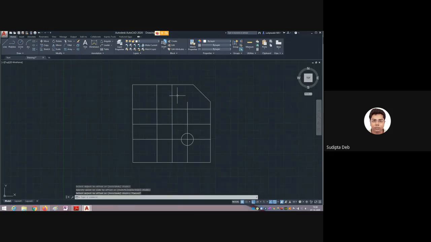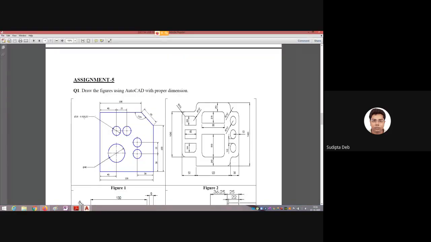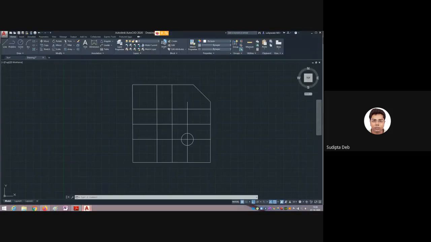Okay. The next command I am going to use is copy, because in the drawing you can see 4 holes with the same dimension. So I have drawn 1 hole, and I can copy that 1 hole and paste it to the others. So the command is copy. You can note down the next command also, COPY, copy. Write down the word. Press a single enter.